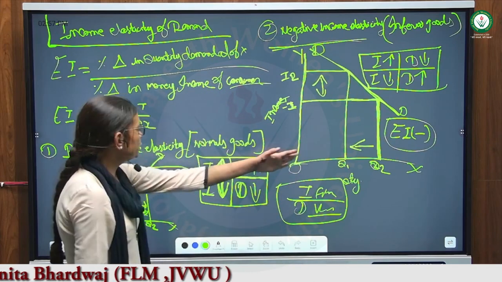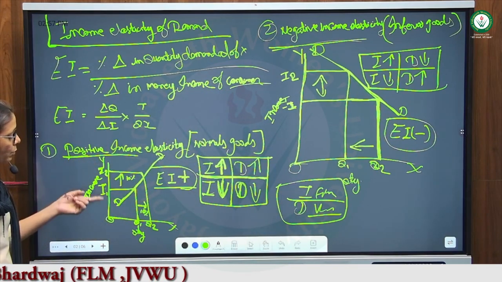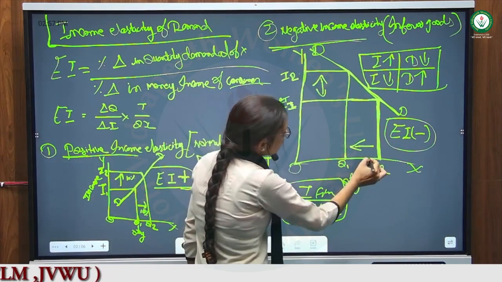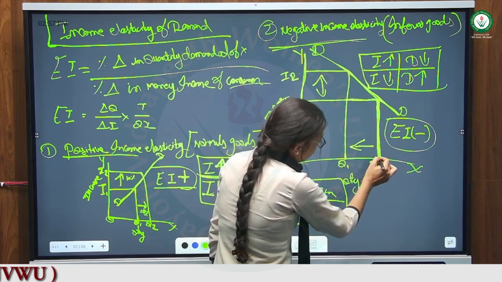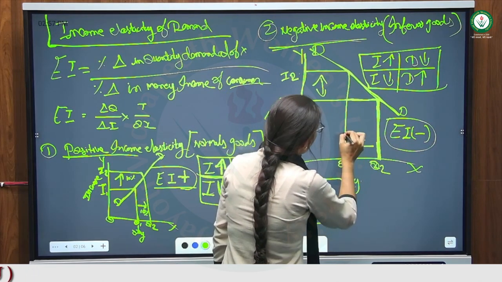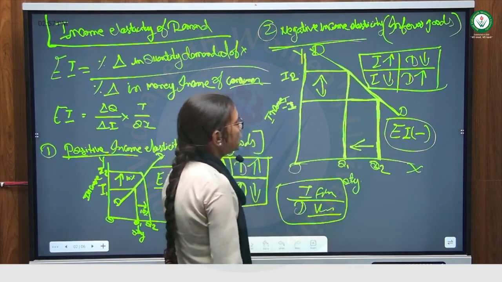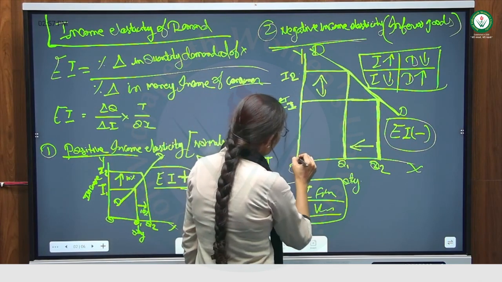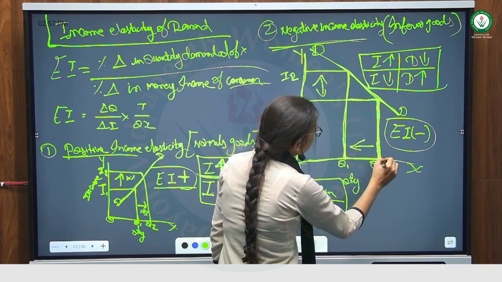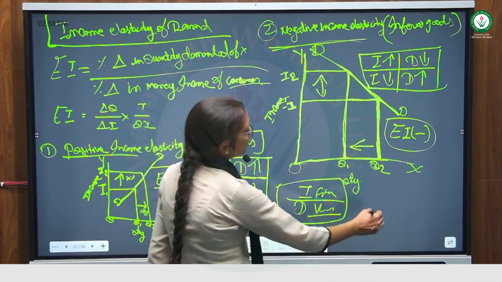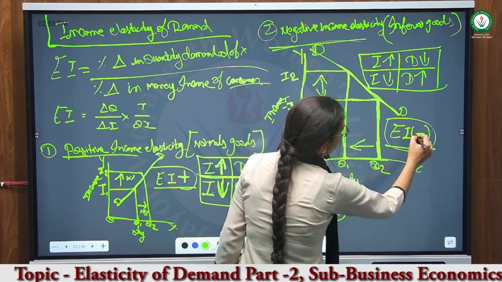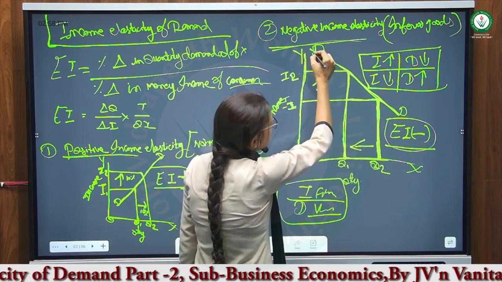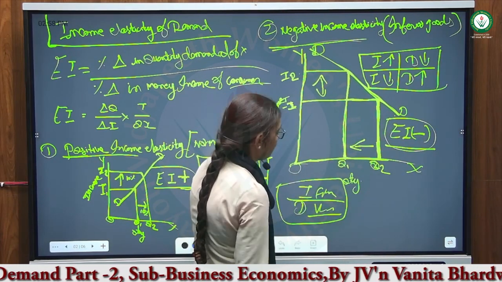But normal goods have a positive relation. As income increases, demand for normal goods increases. But for inferior goods, as the income of a consumer increases, he will decrease the consumption of inferior goods and move to costlier goods. All this happens because of the inverse substitution effect. As we improve our living standard, according to our income, we move from cheaper goods to costlier goods. That's why here is a negative relationship. Income effect is negative. In a negative relationship, the demand curve is always downward sloping to the right side. This is the DD curve according to the law of demand.